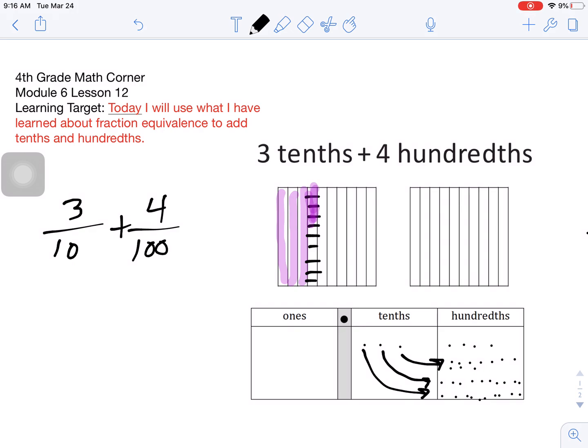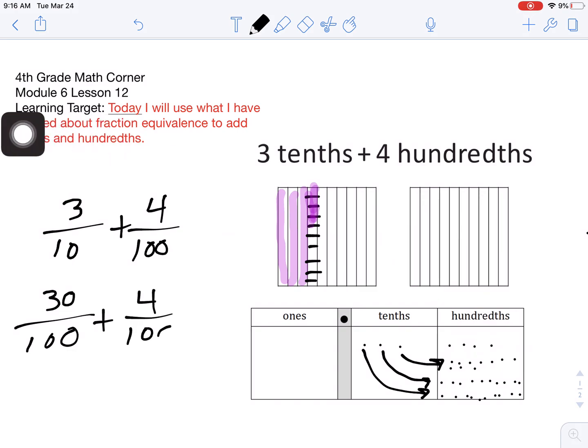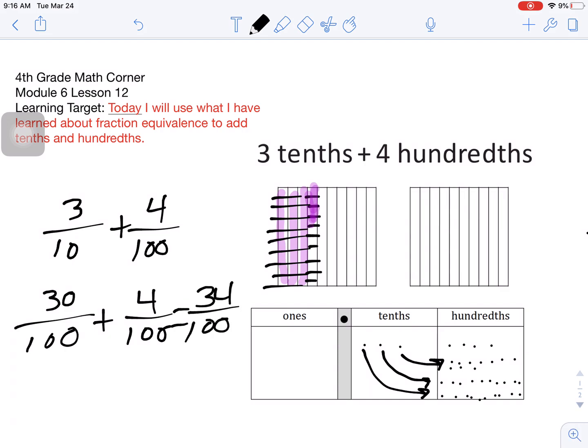So I took these 3/10 and I turned them into 30 hundredths. And I still, up here, have my 4/100. So what I did is I just cut all of my tenths into hundredths. Now I have 30 and 4/100 together would be 34/100. And I would write this as a decimal, as 0 and